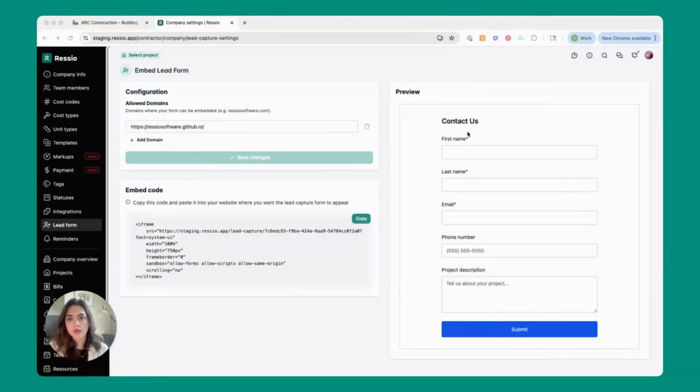Hey everyone, wanted to walk you through lead management in Ressio and how that works. Ressio is going to have some light CRM functionalities in it. Keep in mind, you can always pair this with something like a HubSpot or another CRM platform to get an even more robust process. But with Ressio today, what we're going to see is in your company features and settings,